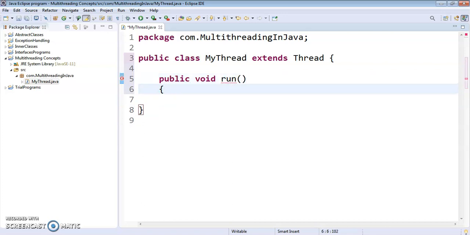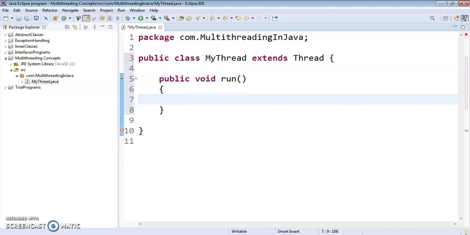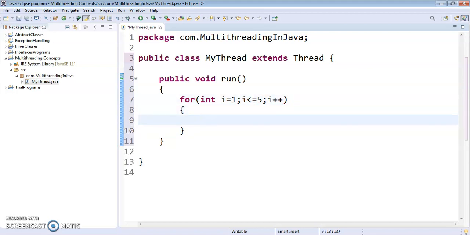Run, and inside this we will take one task of, suppose, printing numbers from i equals 1 to i less than or equal to 5, i plus plus, a very easy task,